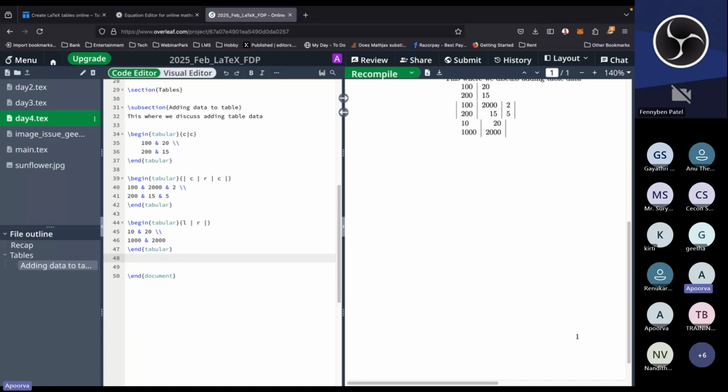Now we spoke at length about the vertical lines. Okay. So let's take this table, whatever we constructed last. Now say, let's talk about horizontal lines. I would want to add a horizontal line at the top and at the bottom. In order to do that,